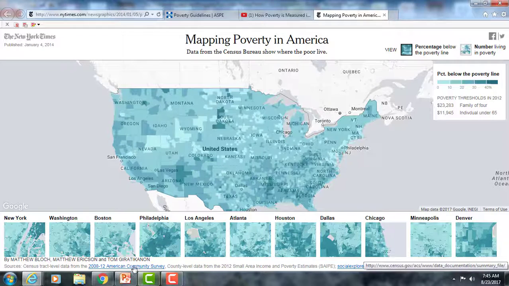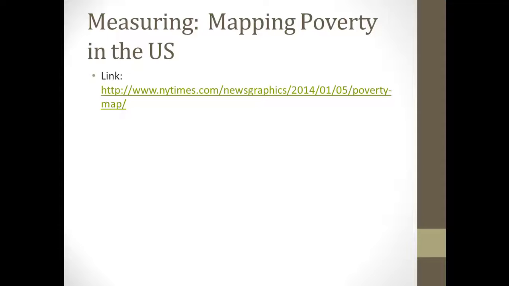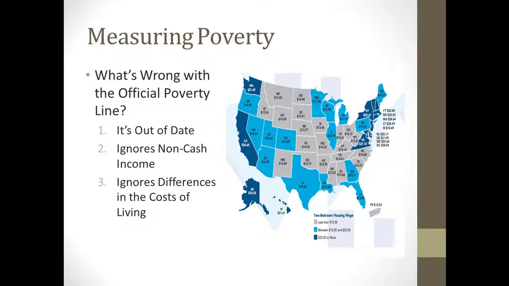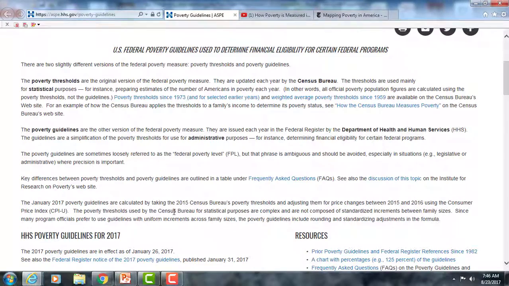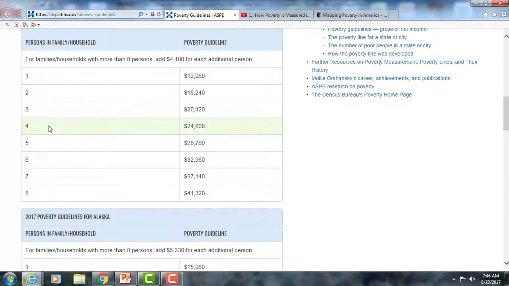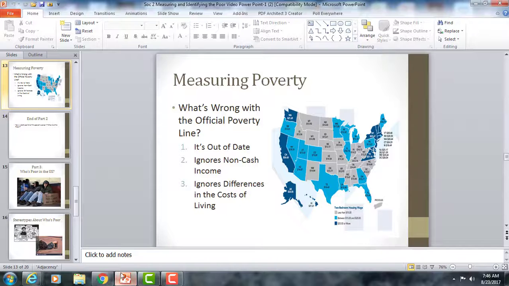But as you noticed in the video, there's some problems with this measure, right? What's wrong with the official poverty line? She mentioned a couple of things. One, remember it's absolute. So if you make $1 more than the official number, then you're officially not considered poor. But of course, in the real world, you're poor. In fact, if we go back here, let's look at this. Right. So if you're a family of four making $25,000 a year, you're technically not considered poor, but in reality, $25,000 a year for a family of four is nothing, right? So there's that problem of the statistic being absolute.